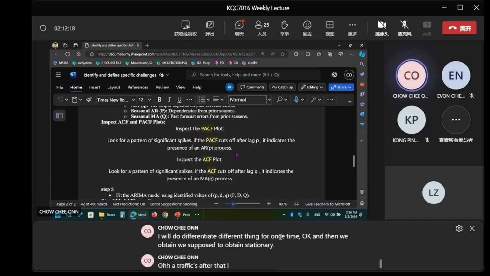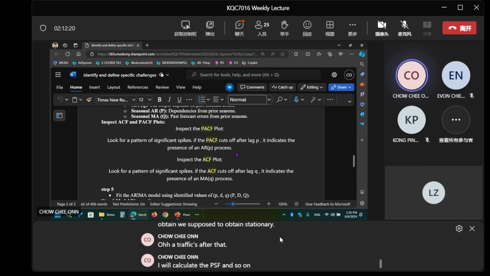After that, I will calculate the PACF and so on. Then I decide if it is the second lag or the third lag. You tell me the answer straight away for that. If you answer everything, I will give you 8 marks out of 10.